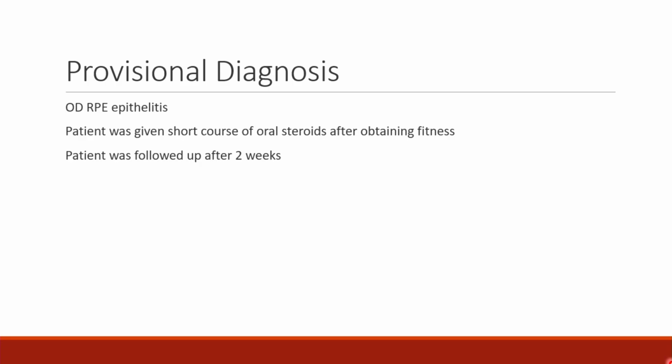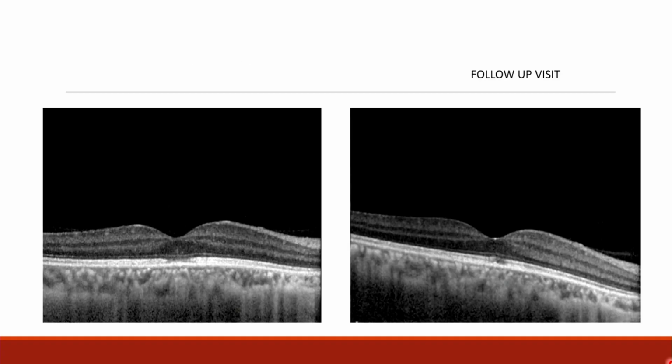Patient was given short course of oral steroids after obtaining fitness, and patient was again followed up after 2 weeks. So in the follow-up visit, we can see this was the first visit and this is the second, that the area of vertical streak of hyperreflectivity was restored. The ELM, slightly elevated, was normal,